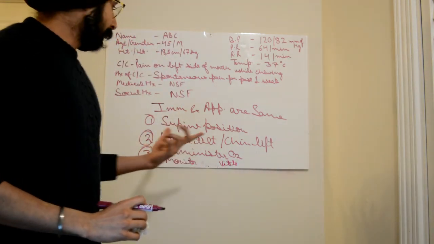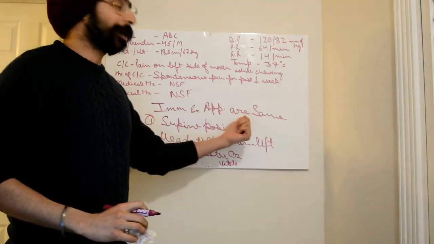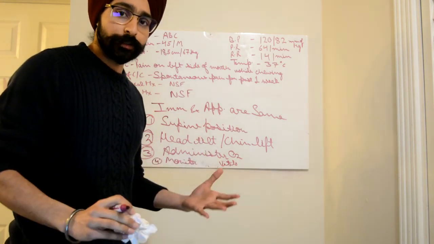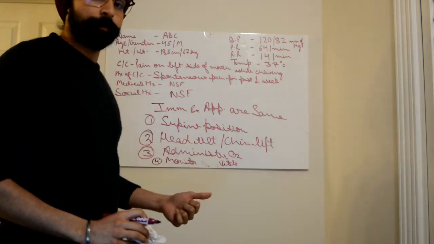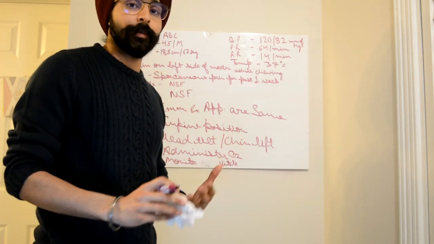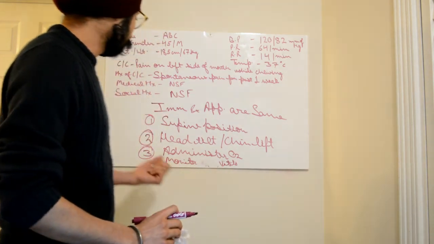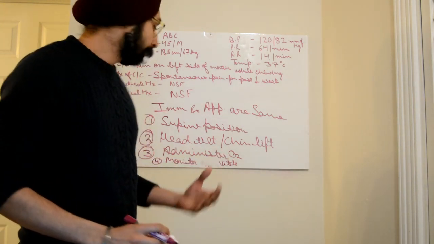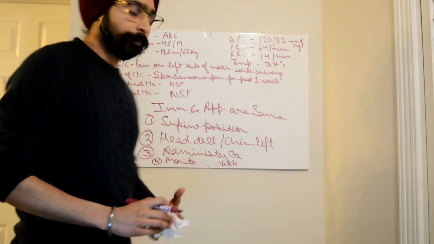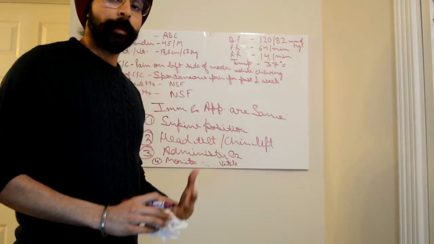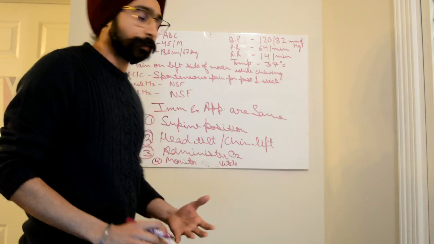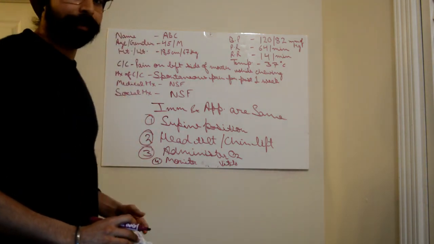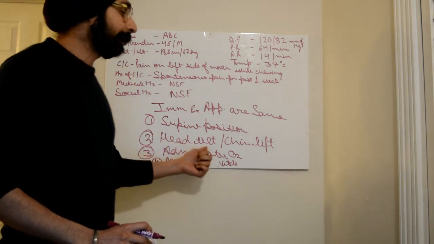So let's revise it again. The immediate and appropriate management are same. If the patient is not unconscious, then we will choose supine position, or legs should be raised slightly above the head level. Second is administer oxygen. Even if the patient is conscious, we will administer oxygen as well. Then monitor vital signs. But if the patient is unconscious, then along with supine position, administer oxygen and monitor vitals, we will add another option, head tilt, chin lift.